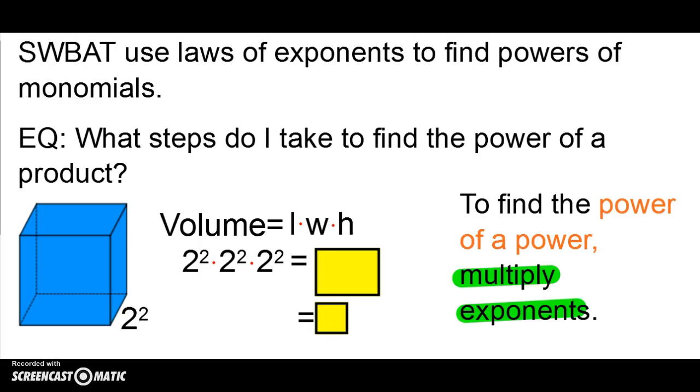Okay, so a good daily example of this would be when you find the volume of a cube. Now we know volume is length times width times height. And so, yes, you could just say this is 4 by 4 by 4, but for the sake of our example, we're going to call it 2 squared. So think of it as 2 squared for the length, 2 squared for the width, and 2 squared for the